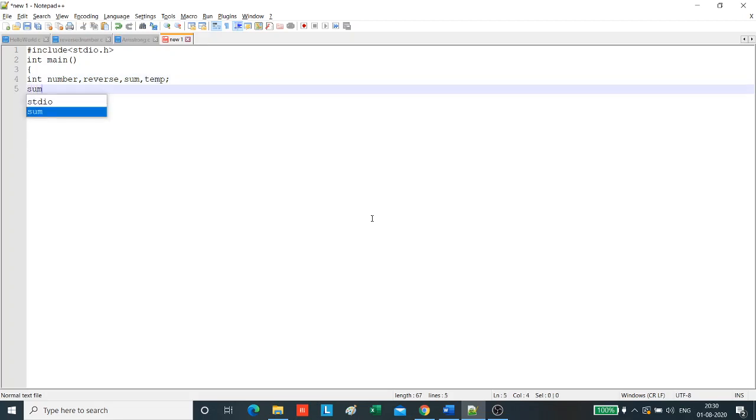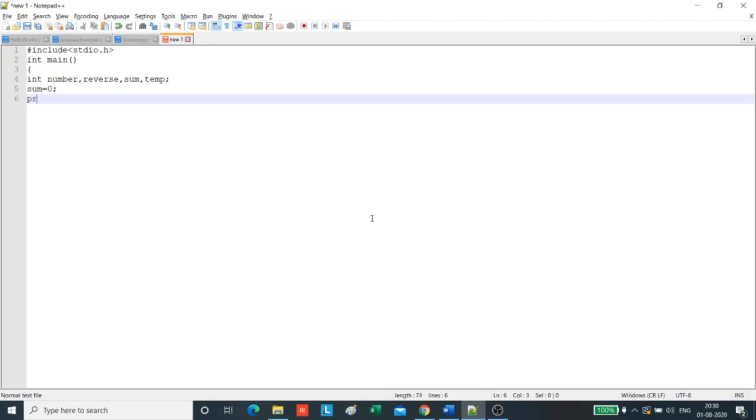First we initialize sum to 0. Now we will print a statement to be displayed as a prompt while we execute. We write: enter the number.